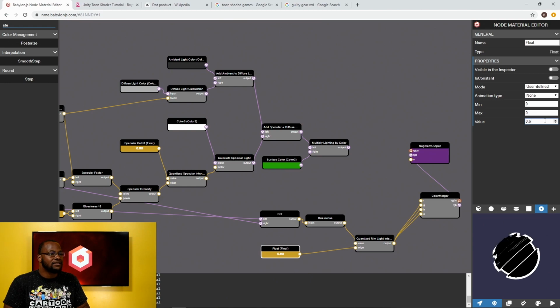Easy, right? So actually 0.6 is giving me a really good one. I played around with this earlier. You can see the shader ball with its complicated geometry doesn't really play well with this rim effect. You just have to be careful about your geometry. You have to take your geometry into account depending on what effects you want to use for the best visual look. But what we can do at the very least is try